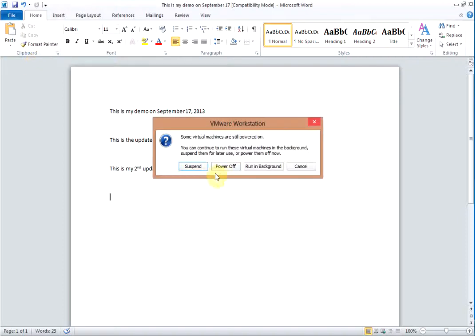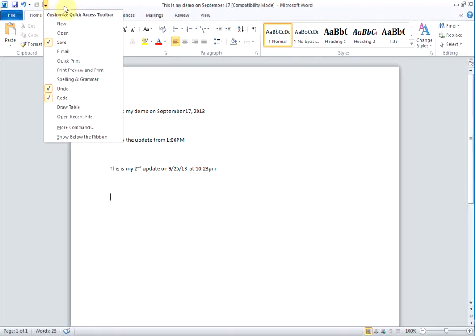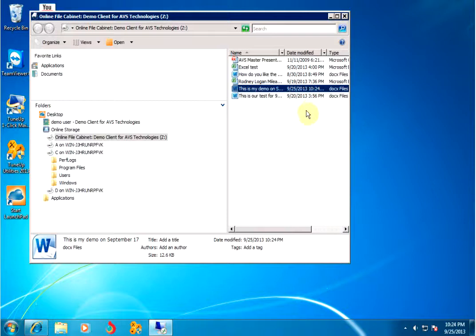And now we'll close that document. Then I just close out of that Word document here. I'll just cancel that out of there. Okay, so I've closed that Word document, and if I wanted to actually restore that document back to an earlier